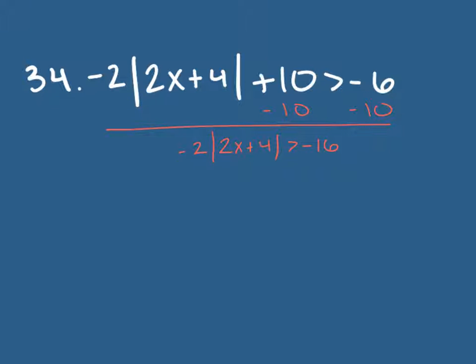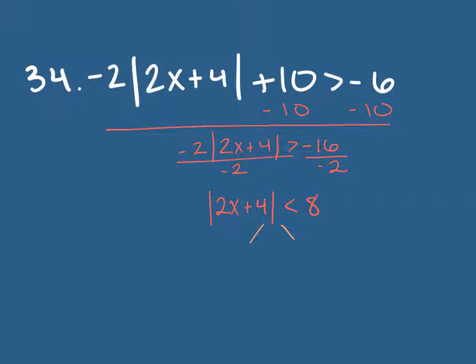From here, I'm going to divide both sides by -2. When you divide by a negative, you flip the sign. So I have the absolute value of 2x plus 4 is less than 8. I do all of these steps first because I want to get that absolute value by itself. So now that I have the absolute value alone, I am going to split it up into 2 separate